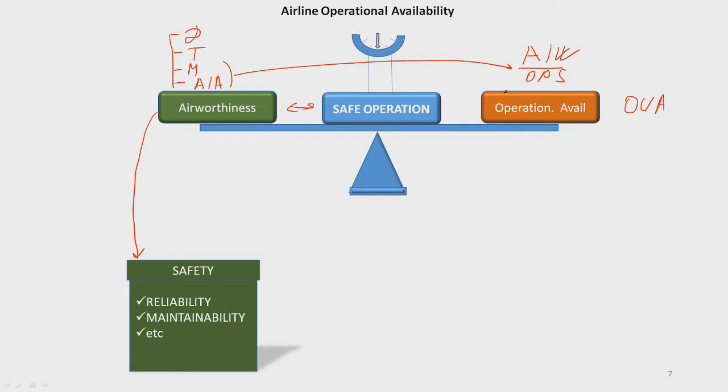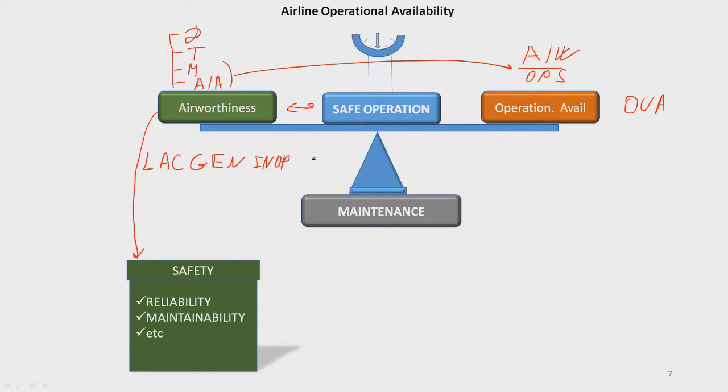Now, quick question. Who or which department maintains and supports the appropriate level of airworthiness during operation? The answer is very simple. Maintenance. Let me explain how it works. Let's say the aircraft lands and the pilot says we have an issue with the left AC generator. Left AC generator inoperative. Inop.